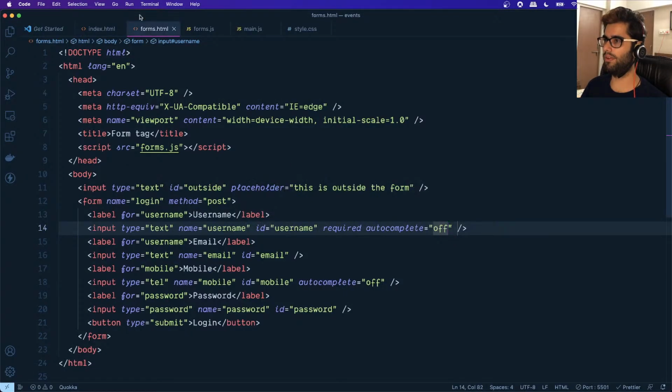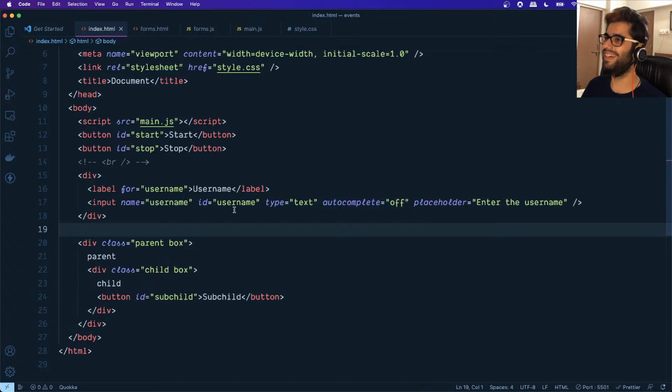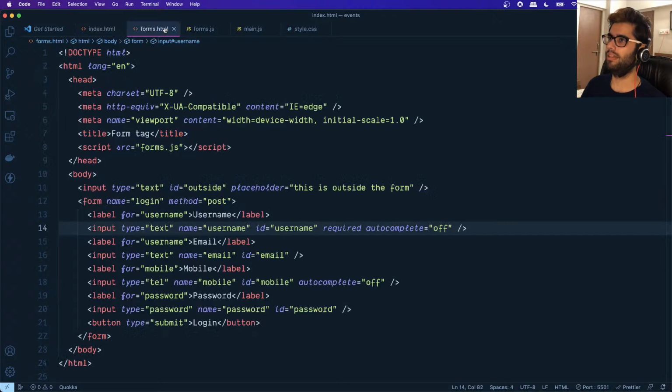This is coming because we have added this required attribute. Sorry, I'm in the wrong file. Yeah, we have added this required attribute, and this is basically telling the form that you need to validate the fields when you're trying to do a submission. Okay, so the submission will not happen unless and until all the validations have succeeded. Similarly,